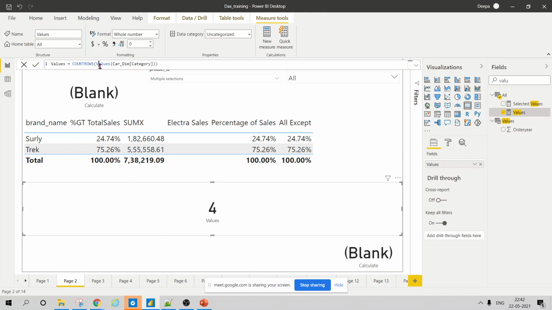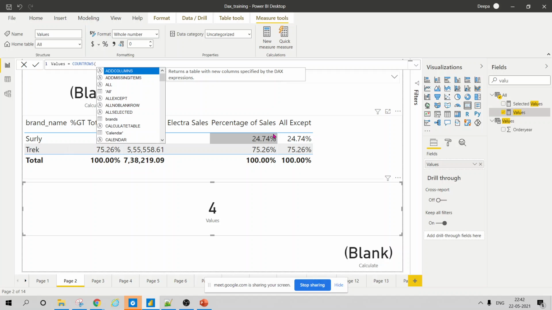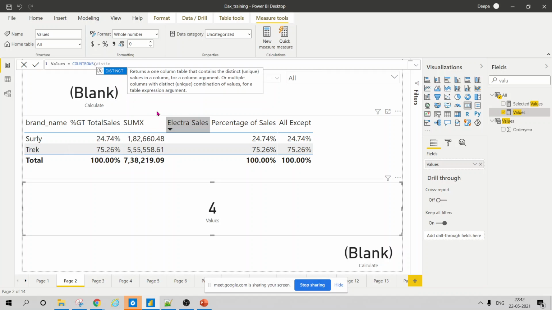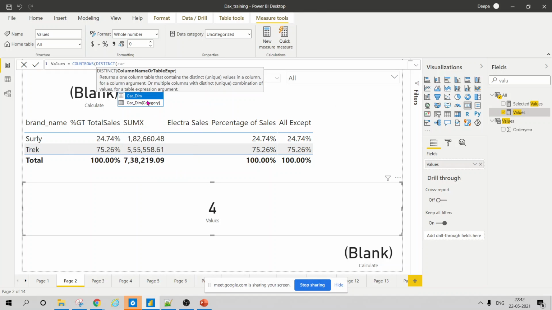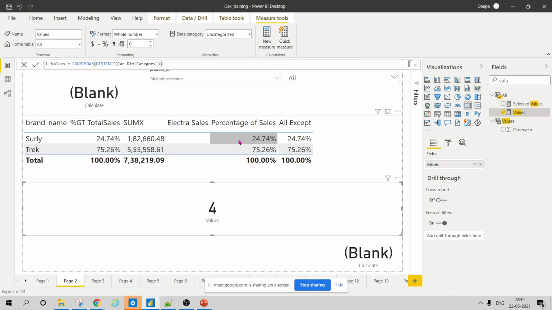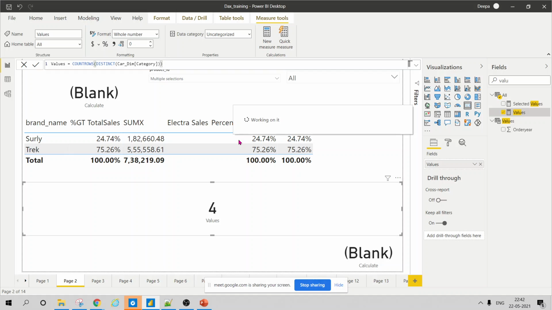You can also use the DISTINCT function with the car dim category. Ideally it should give you the same numbers, but let's see. Yeah, you see, you got one less value. Why?